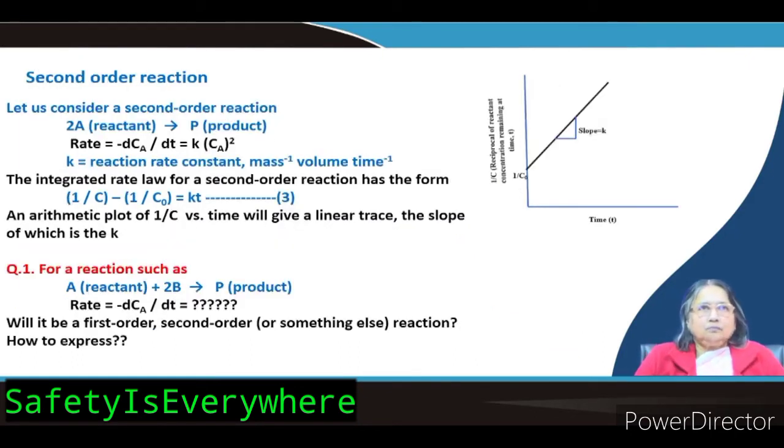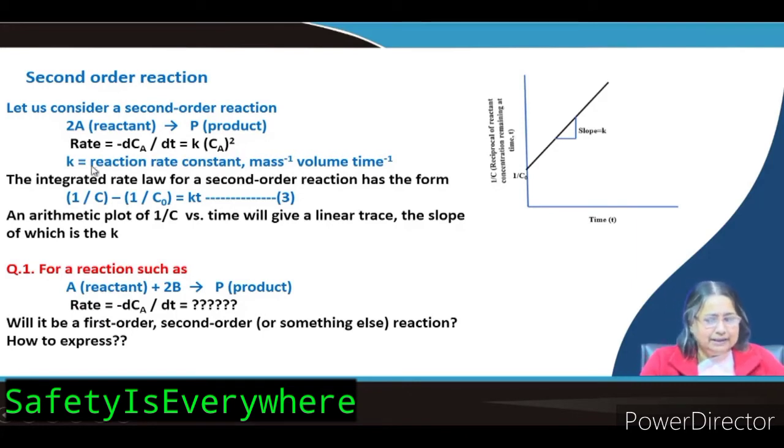Now, the second order reaction. Second order reaction is also very common. Many reactions are second order reactions. Here you can see that the balanced equation is 2A going to P, with reactant A. Here it is second order, and the molecularity is also 2. So, by chance molecularity and order are the same here. So, the rate expression is equal to K into Ca to the power 2, because it is a second order reaction.